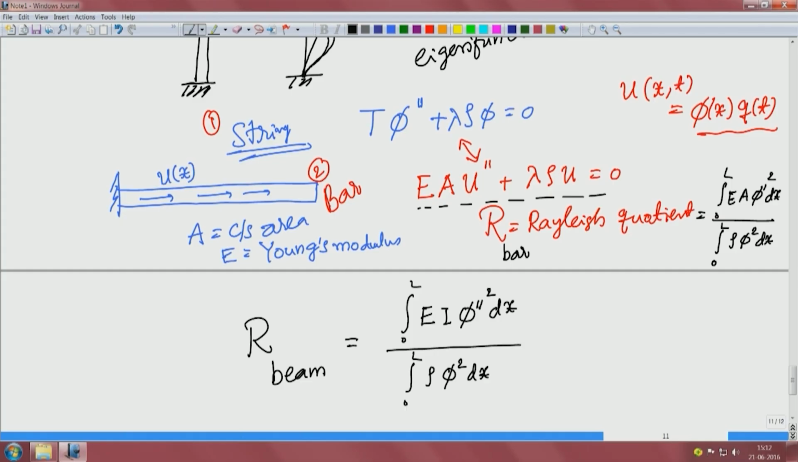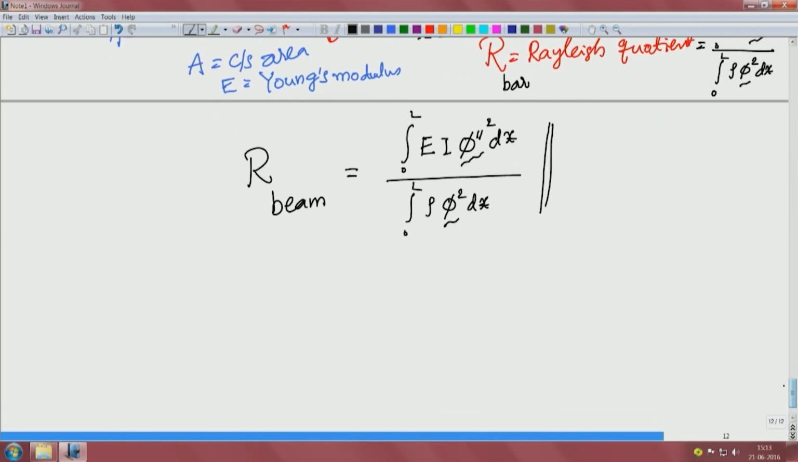So, Rayleigh quotient can be written, but the main thing is this is phi double prime square, phi square, it is phi prime square, phi square over there. Similarly, for a column, for a buckling load, because that is also an eigenvalue problem, the Rayleigh quotient for buckling also becomes the P critical, the critical